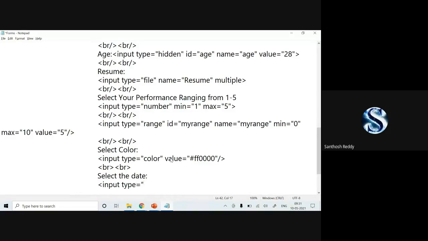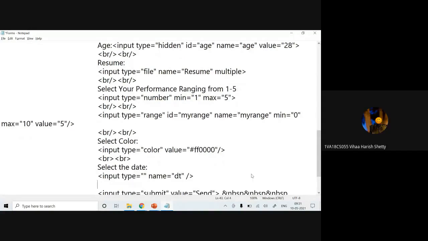Can anyone specify what value I can specify here? Input type is equal to... Yes? Any answers? Date. Yes, we have to specify date.